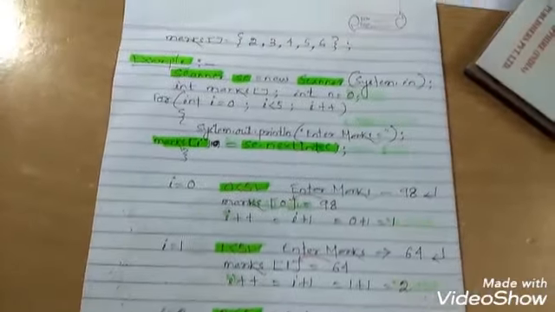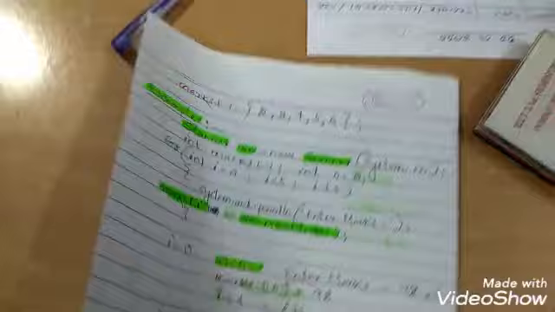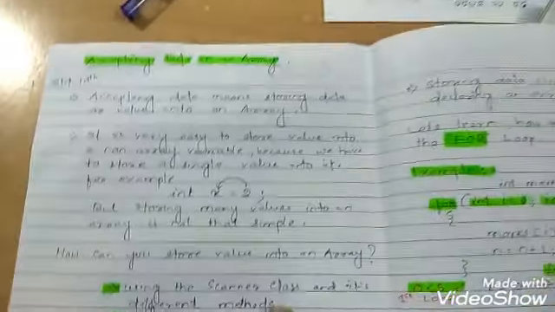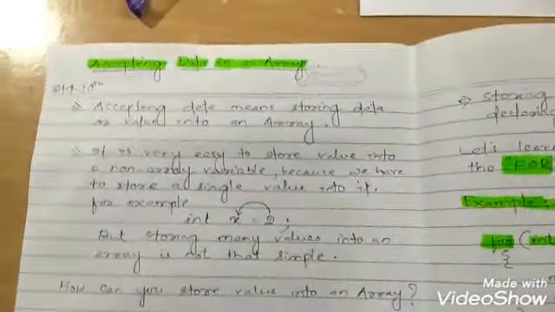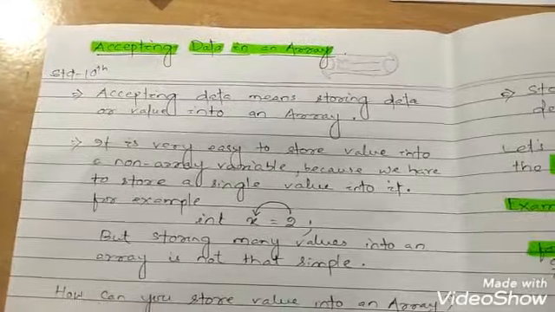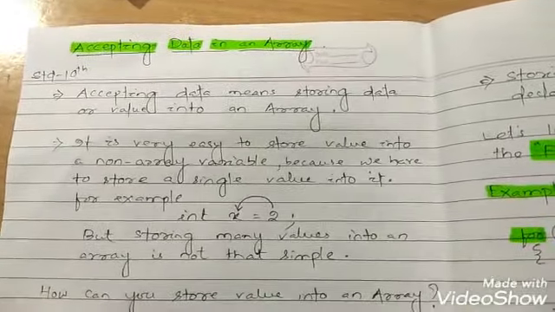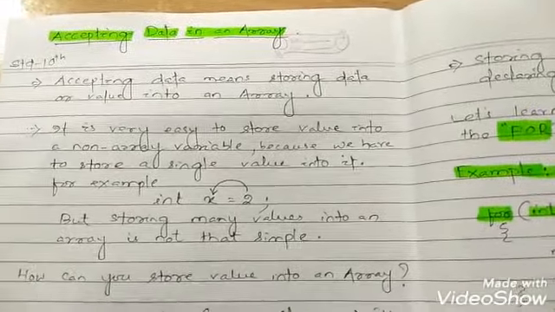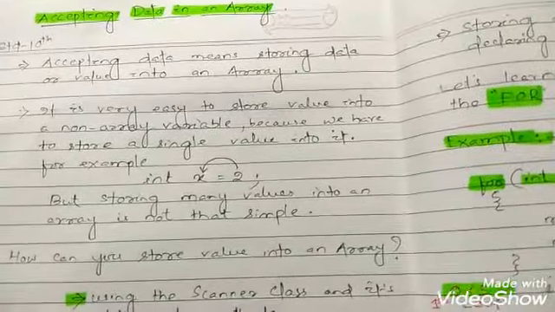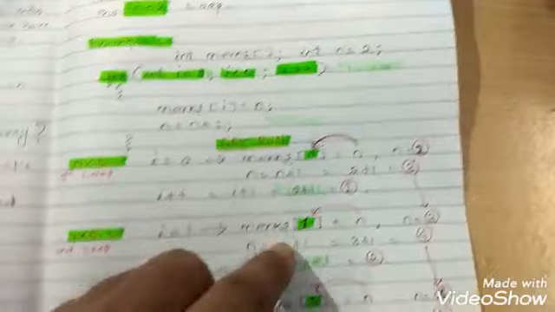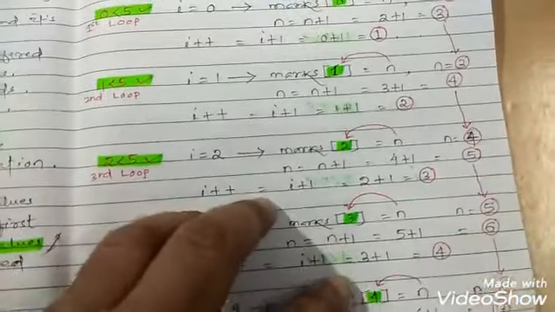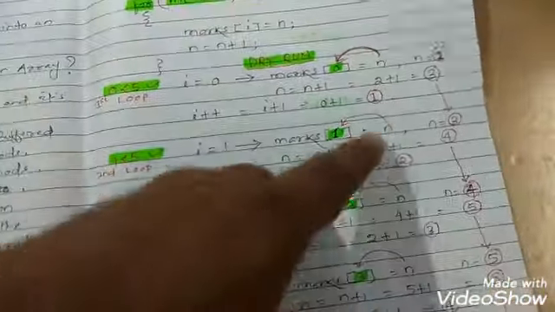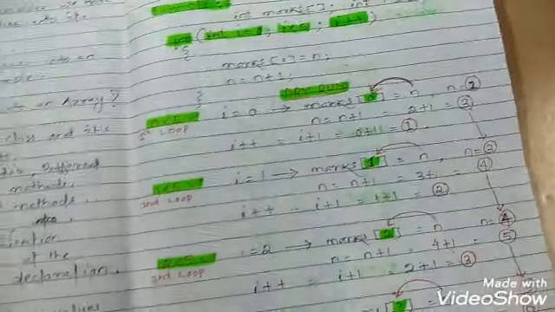So these are a few ways of storing the elements or values into the array. So please go through your book and try to learn how to store values or elements in an array. Remember, the index value has nothing. Index value is just a location or an address. Okay, this index value, what you see, 0, 1, 2, 3, 4, these are the location or the address of the elements that you are going to store.